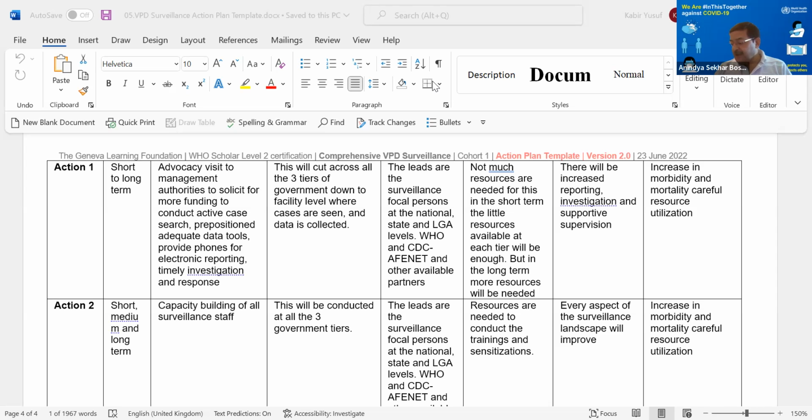And I shall end with saying one thing, that depending on your level, your plan will focus more. If you're at a subnational level, maybe you'll have to focus more on the operational issues, like someone raised the problem with DHIS2 and SORMAS, and someone also suggested the solutions for flat tables. Maybe you need to explain what the flat tables are to everybody. So those are the more operational issues.